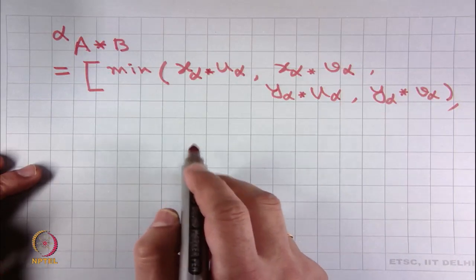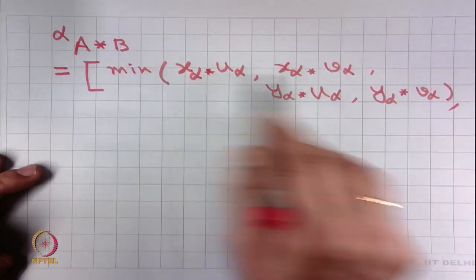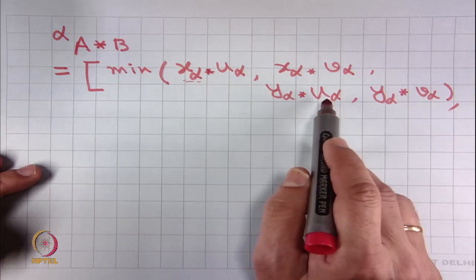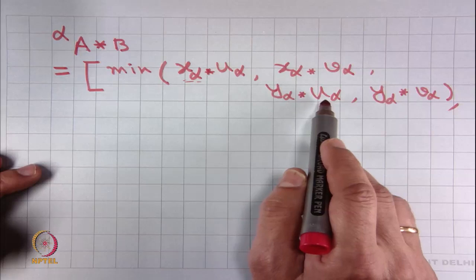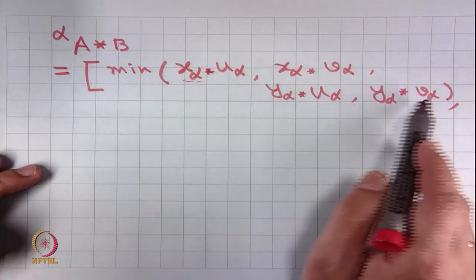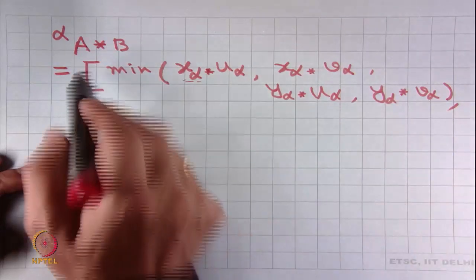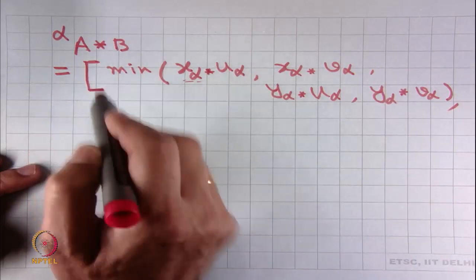So, depending upon the sign of x, u, v and y, we may get different expressions to be the minimum. In each individual case, we will have to compute these four and see which one of them is minimum. That is going to give you the lower bound of the